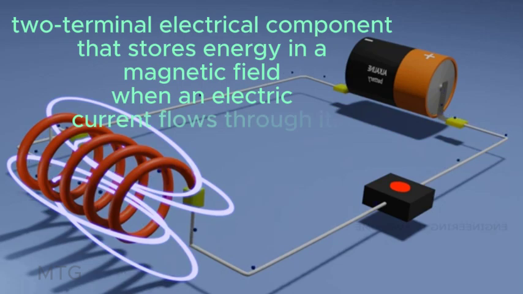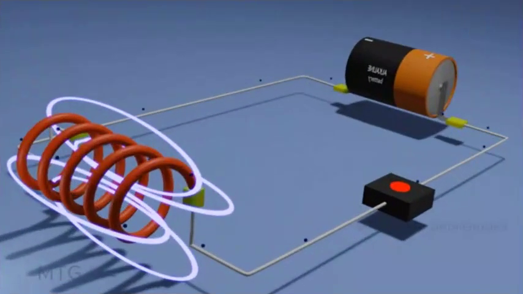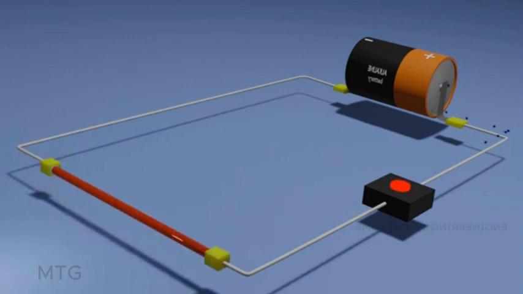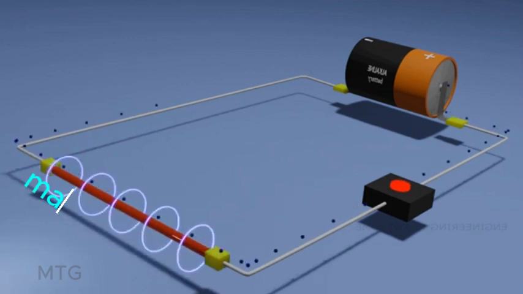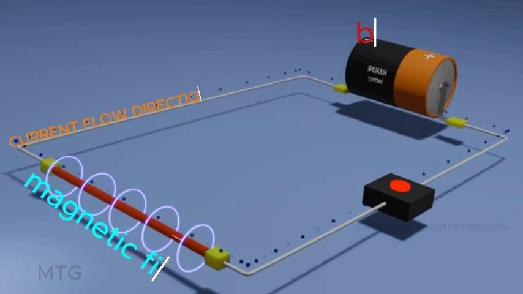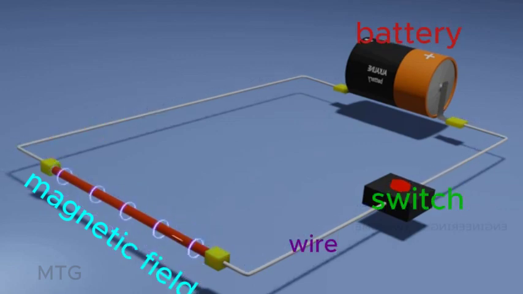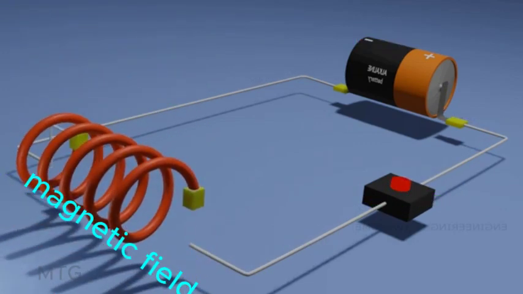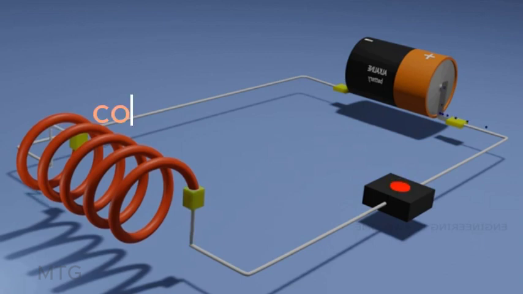The strength of the magnetic field highly depends on the current flowing through the inductor and the number of turns of the inductor. A straight conductor can also produce magnetic fields when current flows through it, but the density of these magnetic fields is quite low. But when we turn the conductor into a coil with a certain number of turns,